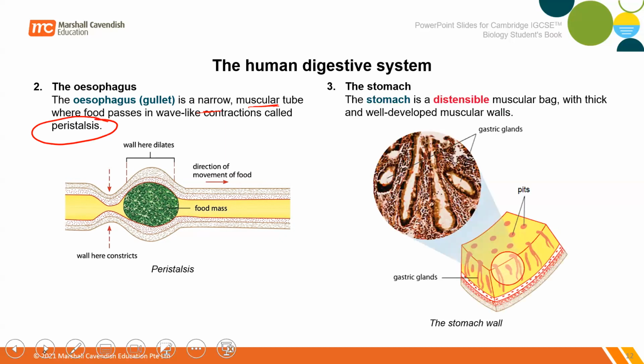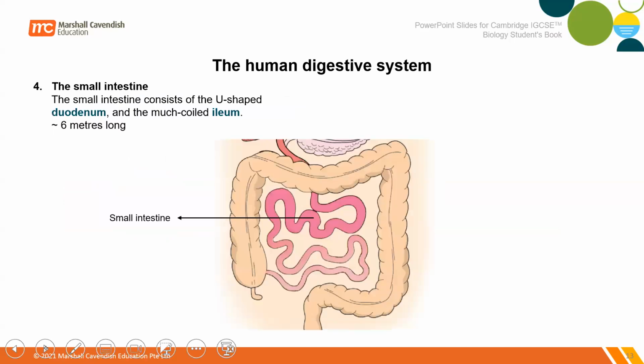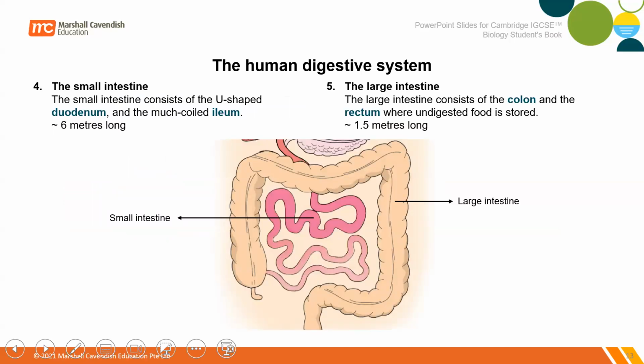Stomach. The stomach is a muscular bag responsible for contraction and relaxation in order to break down food particles. The human digestive system also has the small intestine and large intestine. The small intestine consists of the ileum and duodenum. Very important part: the first part of the small intestine is called the duodenum, and the ileum is the second part